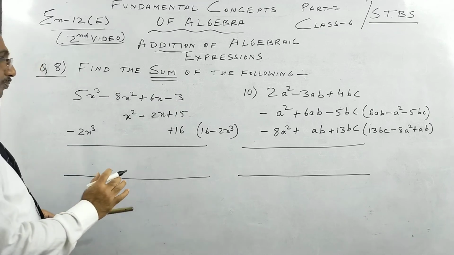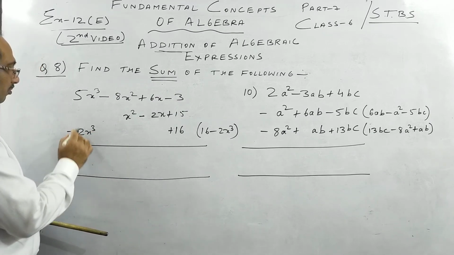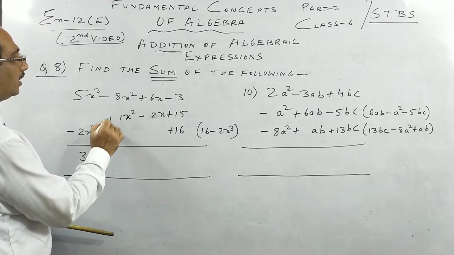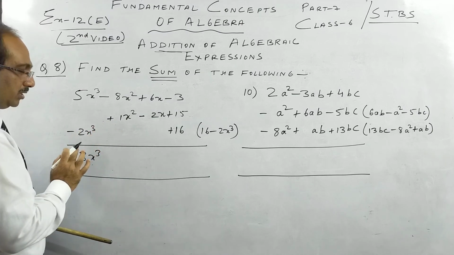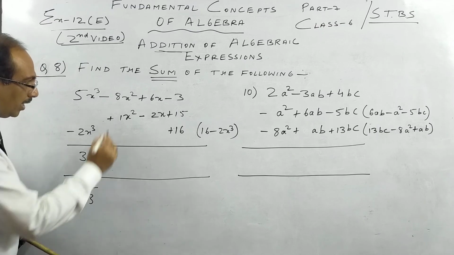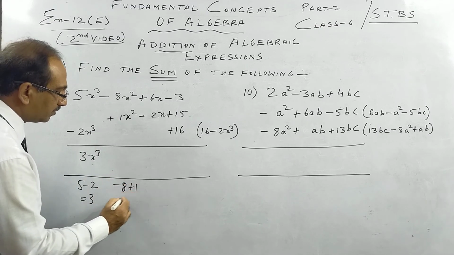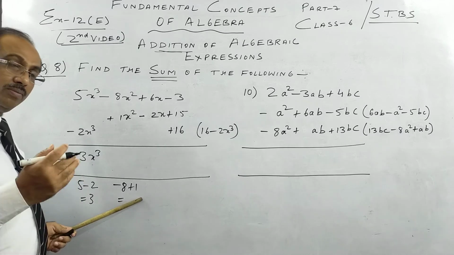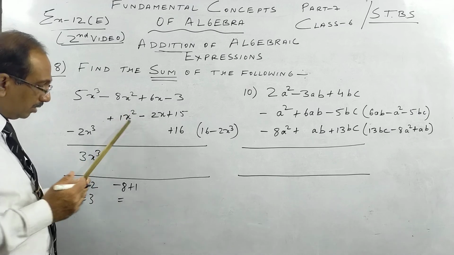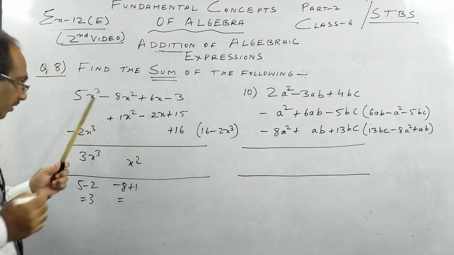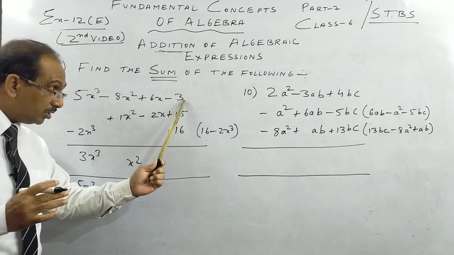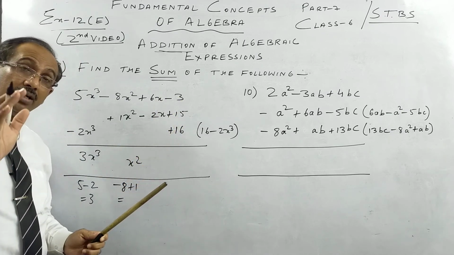So 5 minus 2 we get 3x cube. Here nothing is there, means 1 is there, children, and plus is there. So minus 8 plus 1. Here 5 minus 2 is 3, and I am writing here minus 8 plus 1. The rule is, remember we have to recapitulate what we have seen. Like term x square will be x square only. See how nicely I have written x cube below x cube, x square. This is how you will write x below x, constant below constant. Then your chance of making error is very less, children.